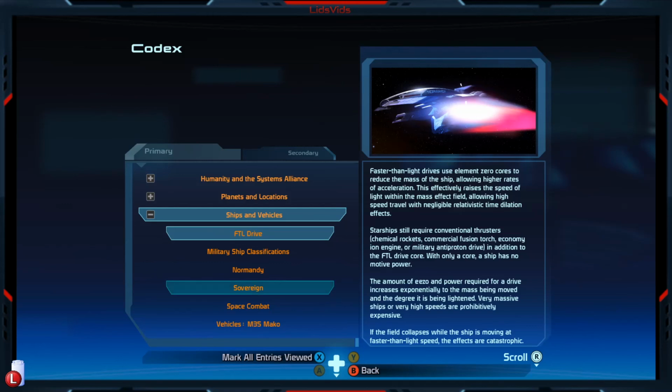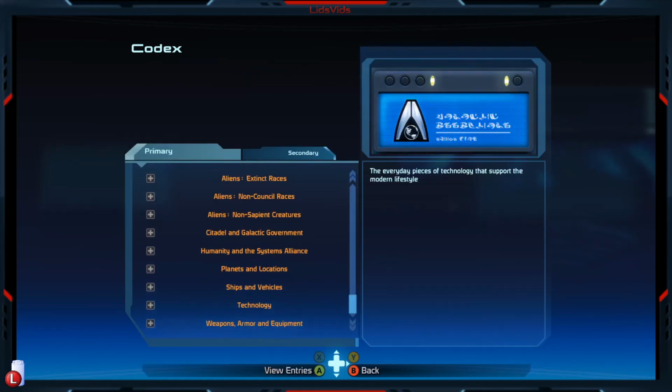Faster-than-light drives use element zero cores to reduce the mass of the ship, allowing higher rates of acceleration. This effectively raises the speed of light within the mass effect field, allowing high-speed travel with negligible relativistic time dilation effects. Starships still...